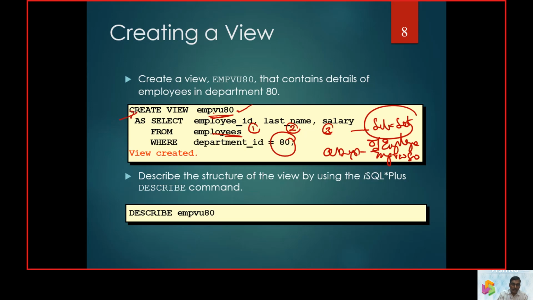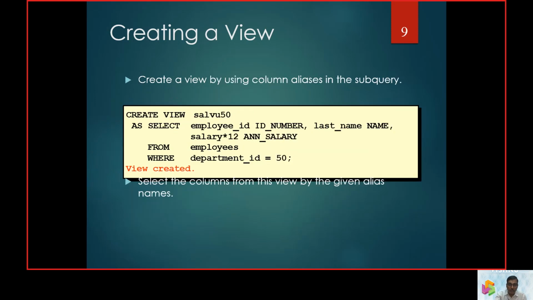So the first part, creating a view, we can call it the data definition language. And the second part, we will be working with a select command with the from clause and where clause. Of course, when we describe the view, how a table is taken up or how a table is defined in the model, the view description also happens.